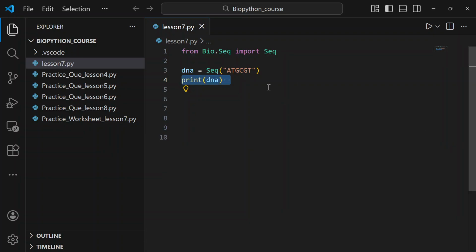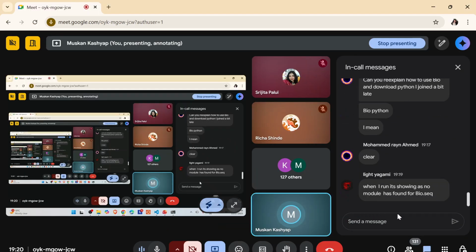We have many biological operations. We have complement, transcription, translation, and many others as well. But today we are going to learn about the basic biological operations. You must all have heard of complement. Can anyone tell me what a complement is? If I ask you what a complement is,